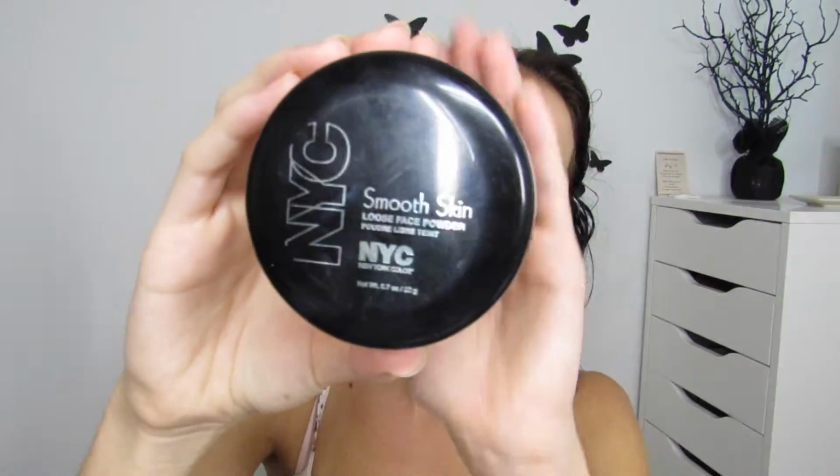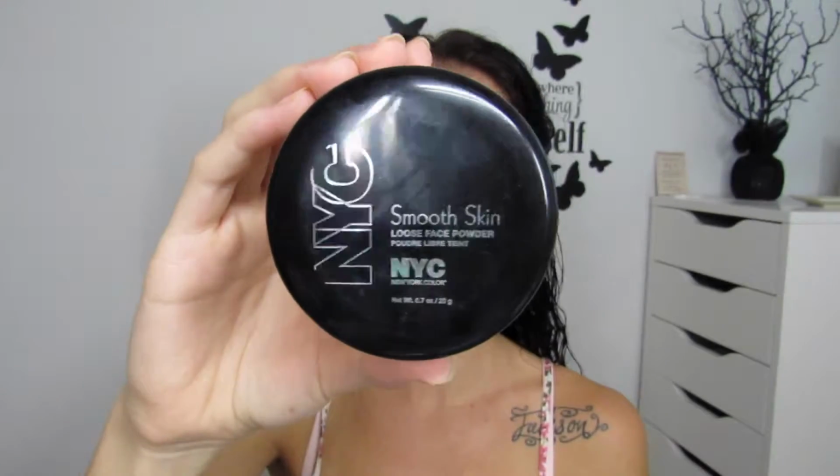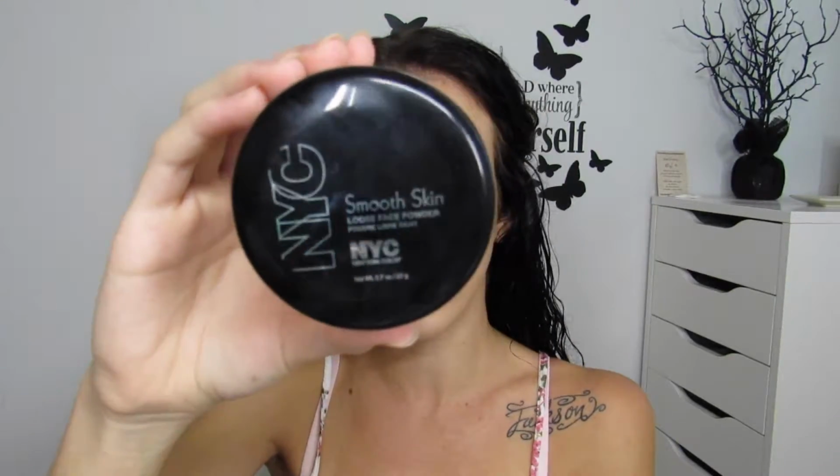And now that I have my concealer on, I feel like this is seriously one of the most important things: setting it with a loose translucent powder. I've been loving this one recently. It really is just a nice powder that makes your skin look really smooth and sets your makeup very well. Just a loose powder. So I'm going to take that and I'm going to bake my under eyes, which